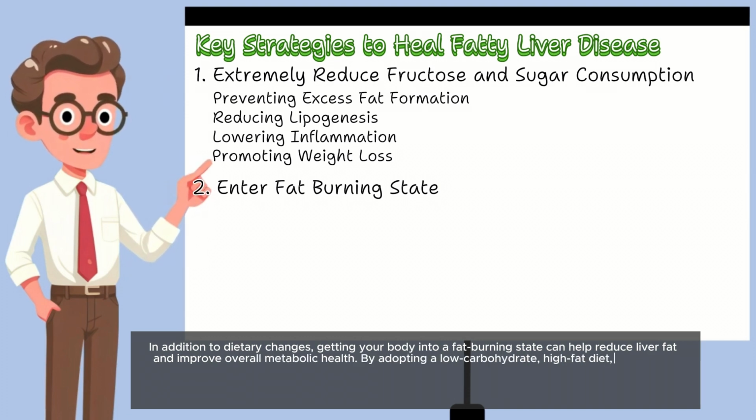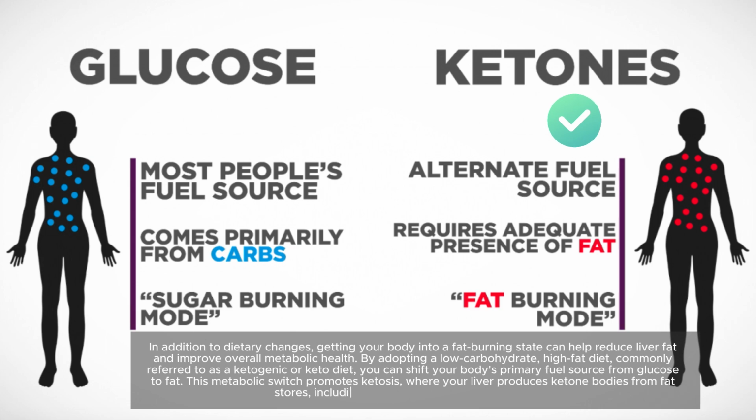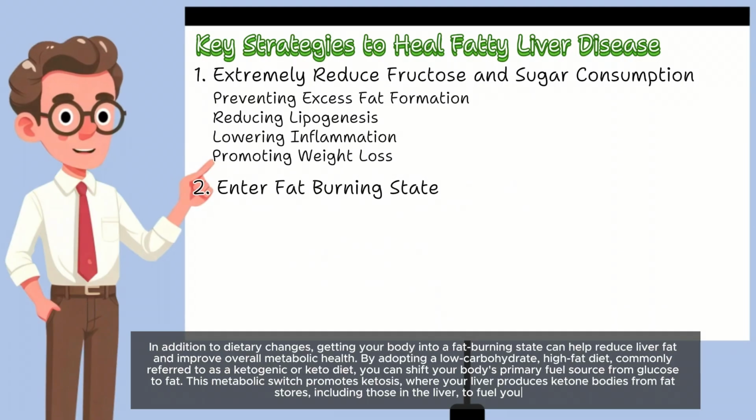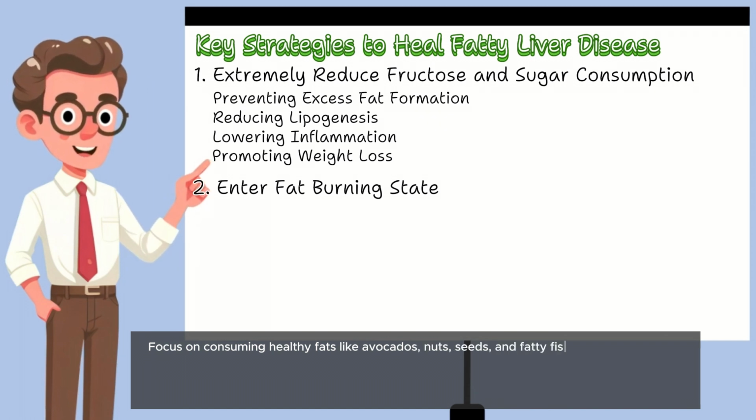By adopting a low-carbohydrate, high-fat diet, commonly referred to as a ketogenic or keto diet, you can shift your body's primary fuel source from glucose to fat. This metabolic switch promotes ketosis, where your liver produces ketone bodies from fat stores, including those in the liver, to fuel your cells. Focus on consuming healthy fats like avocados, nuts, seeds, and fatty fish while limiting your intake of